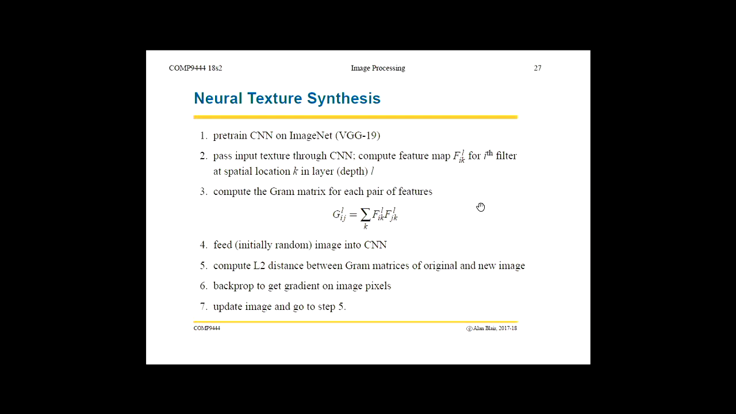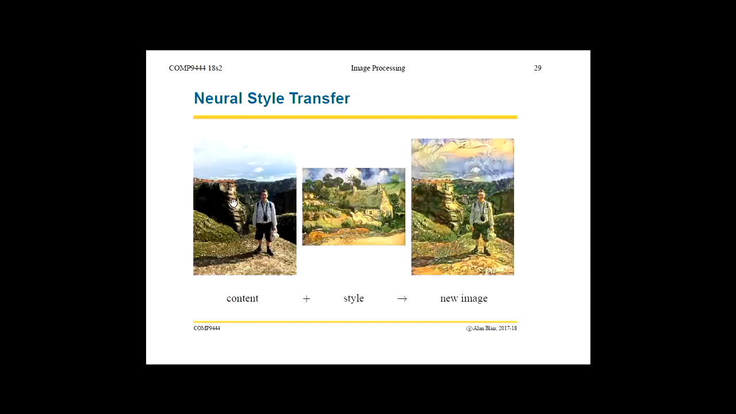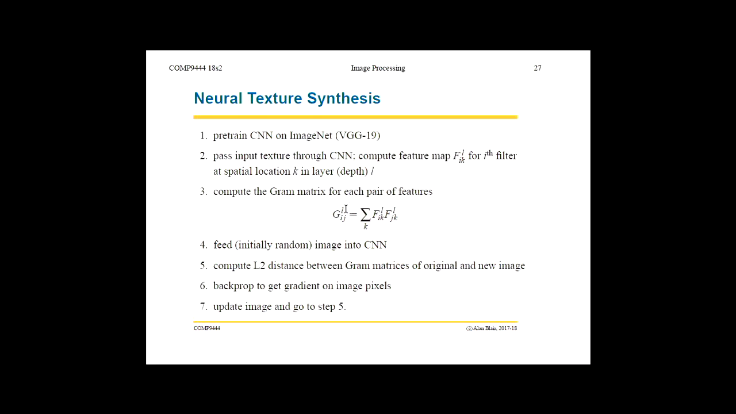After that, they take an image. So they take the content image. No, sorry, they take the style image, which is this image here, and they feed it into that pre-trained network, and they compute the feature maps, which are really the hidden unit activations at each layer. So if it's at layer L, then